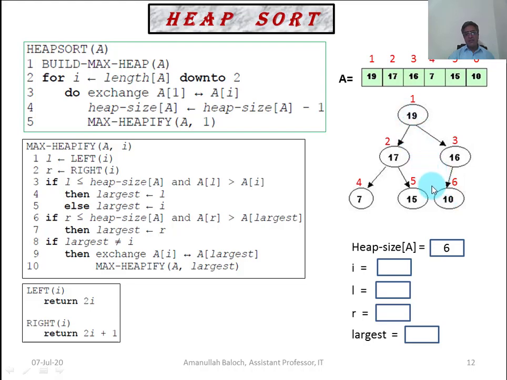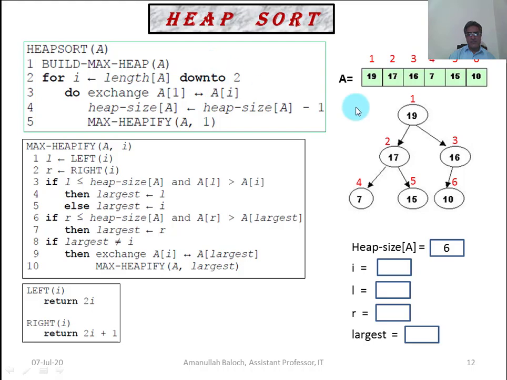Exchange means they will swap their values at their positions. The value at position 6 will go to position 1, and the value at position 1 will go to position 6.